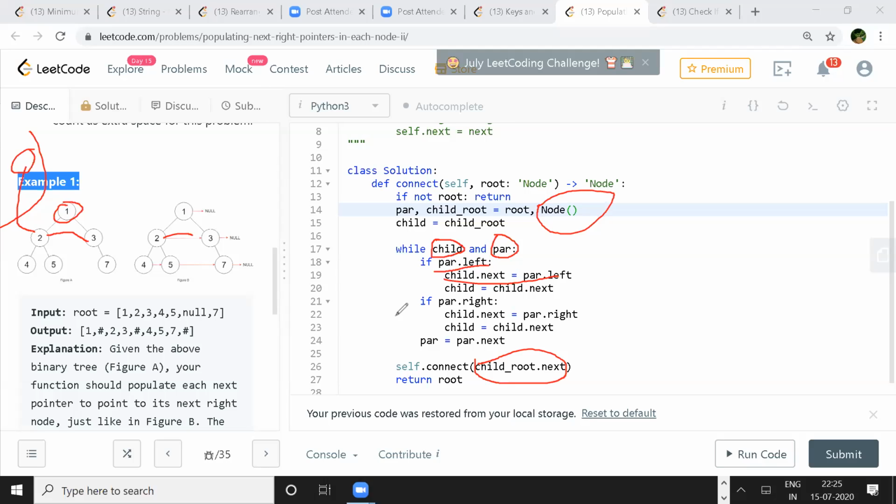So where are we going to the next level? Actually, I didn't get it. Child = child.next takes you to the next level. Line number 20. Okay. Sure. Got it. So every time he's going to the next and completing that, and when he comes back, again he starts from the next level. So for one level, you have to complete it. Therefore, you have to go to the next.